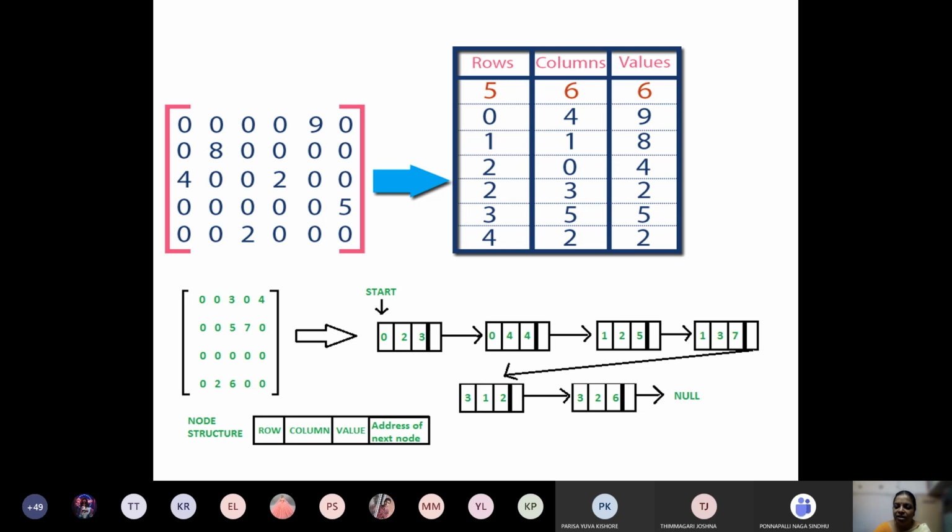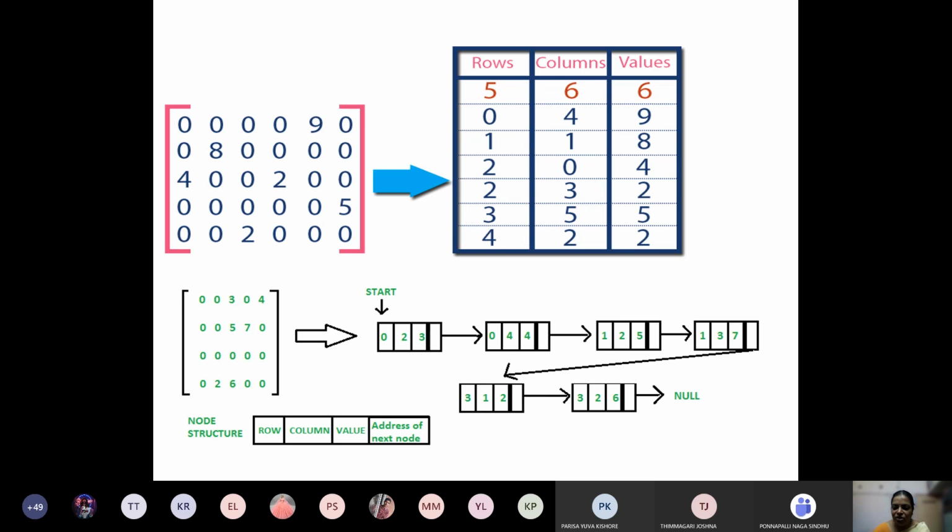So like this, we can create n number of nodes as per the number of non-zero values in the matrix, and each node has row number, column number, and value. This is called representing a sparse matrix using a linked list.